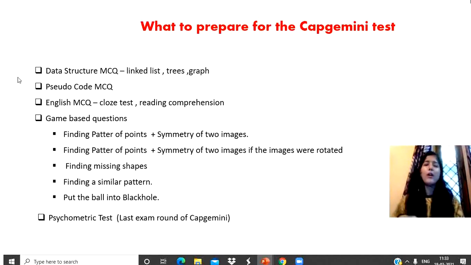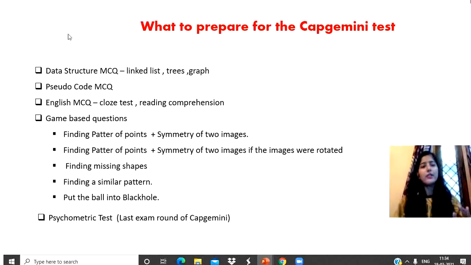The psychometric test is also about checking your way of thinking. The questions based on psychometrics also need your presence of mind, right? Like some numbers will appear instantaneously, and then they will ask what numbers they were, or what the sequence was. These kinds of questions they may ask, right? So the whole summary of every round is that the questions are easy to moderate level, so you don't need to worry about them, right?